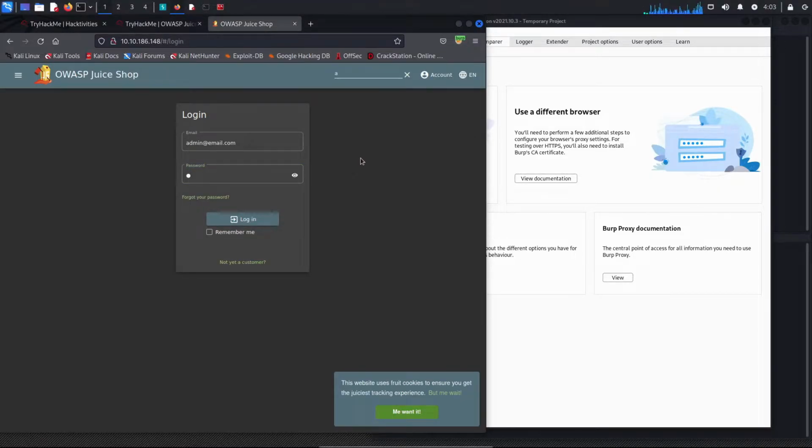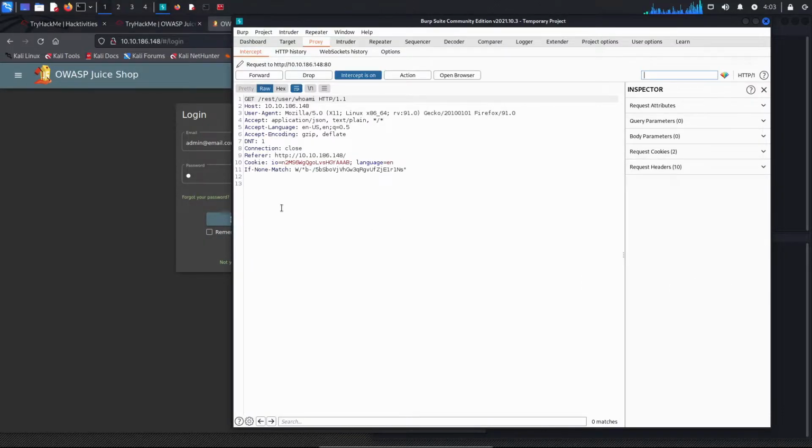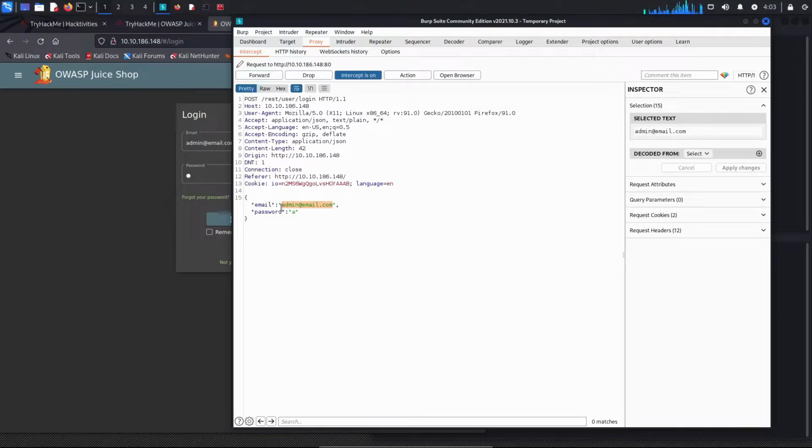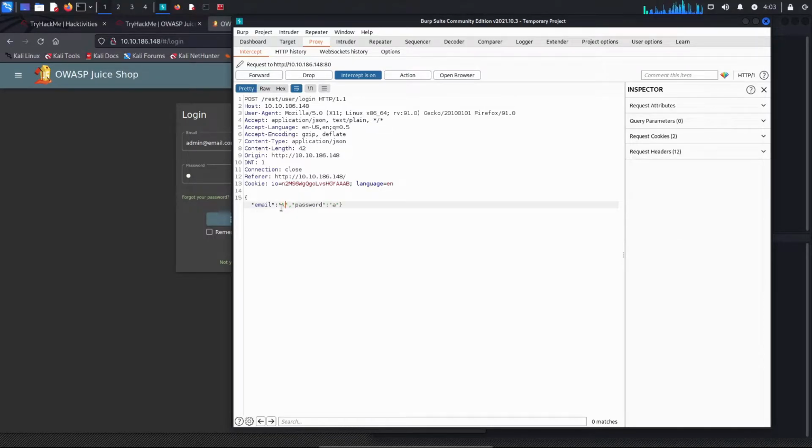So we're going to enable this to be forwarded to Burp, and the request was captured. What we want is this request, and we have to replace all of these with this, and we want OR 1=1, and ignore the rest.